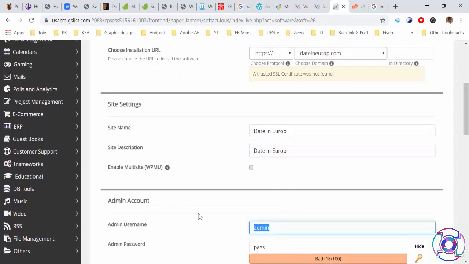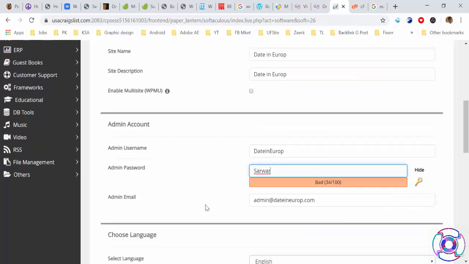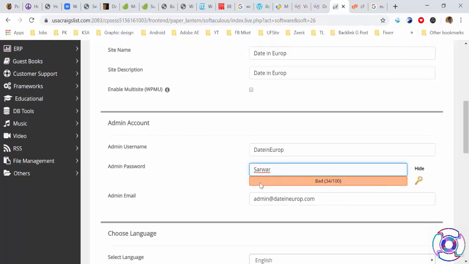dateineurope and a password, which must not be shown here, so I'm going to hide my password. I'm going to change my email ID also.